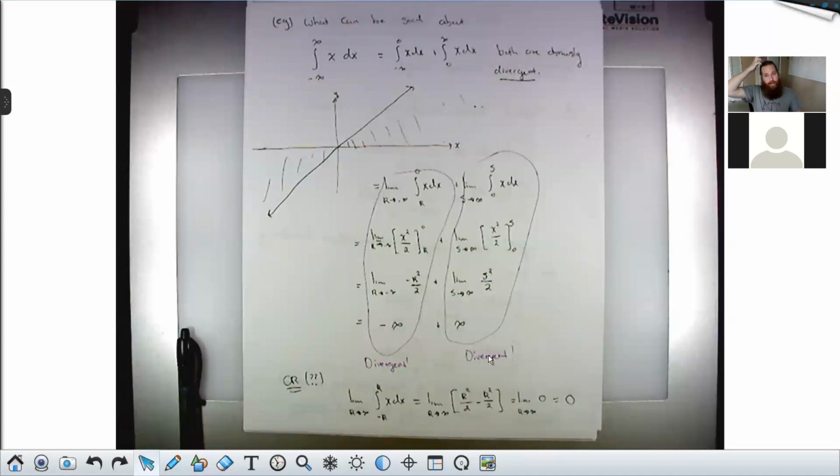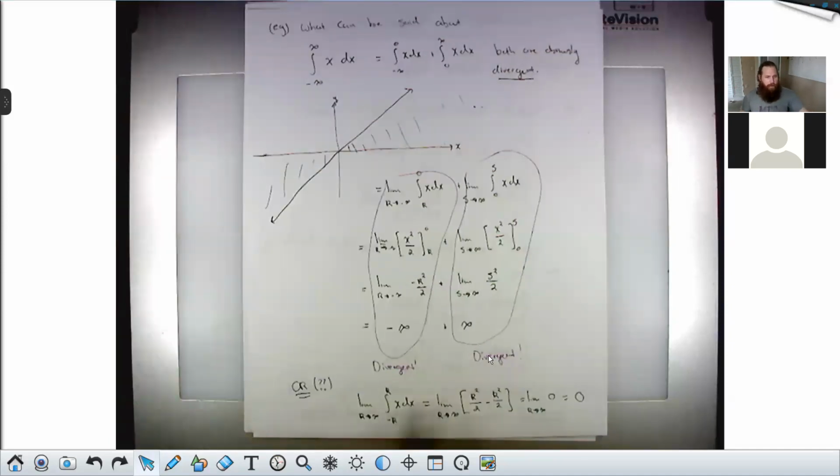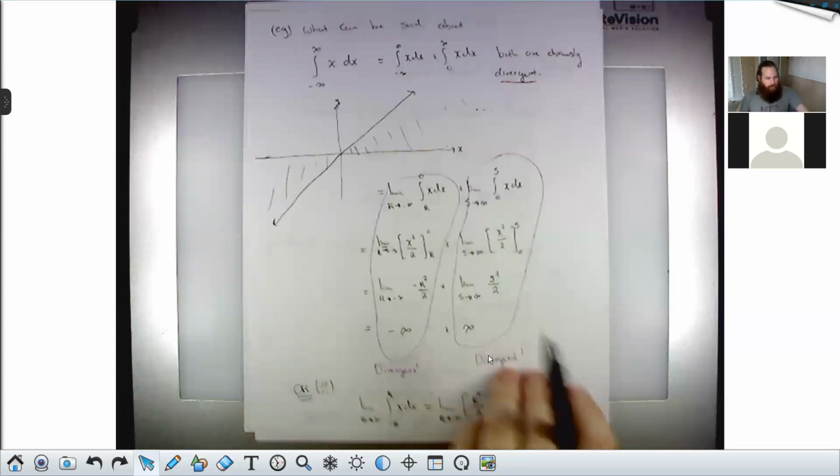So we're at a bit of an impasse, and this is the same problem that we had with the type 2 integral that we did at the end of class last time. You have two infinite areas, one positive, one negative. Can you conclude that they add up to 0? No, not necessarily. So I want you to think about this. This bottom way of thinking of things is valid in many circles, but not for us. The way we define convergence and the way we define improper integrals, a consequence is,